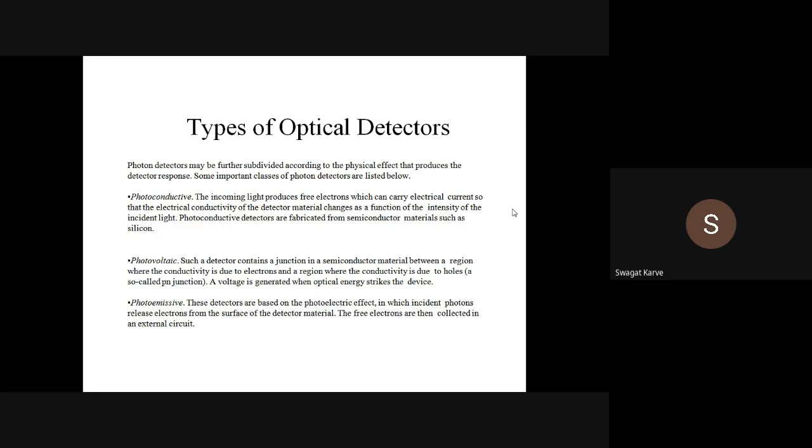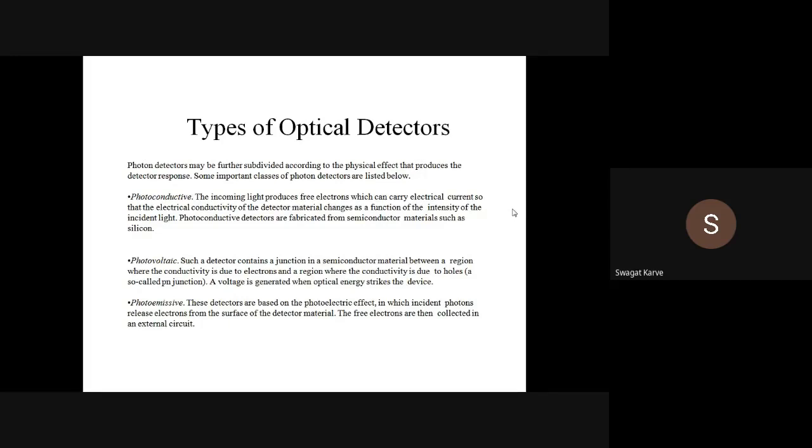That means the electrons are primarily in the valence band, and whenever they receive a photon, now what do you mean by photon? That is nothing but the light. As there are a number of photons, that means there is intense light, so maximum electrons will jump to the conduction band and you will get the maximum current. This is a very simple principle of absorption, or you can say it's the basic principle of the photoconductive effect. That is one and the same thing. Absorption or photoconductive effect, one and the same thing. This is the photoconductive type of optical detectors.